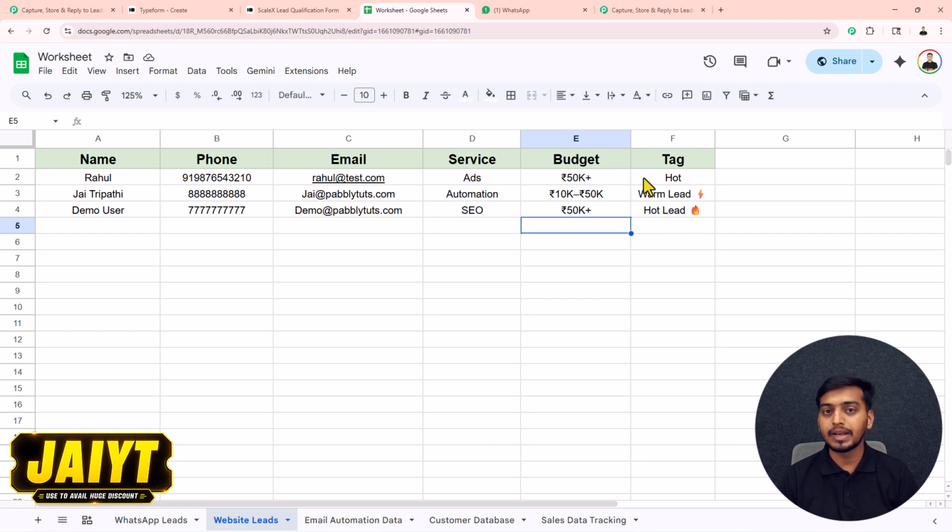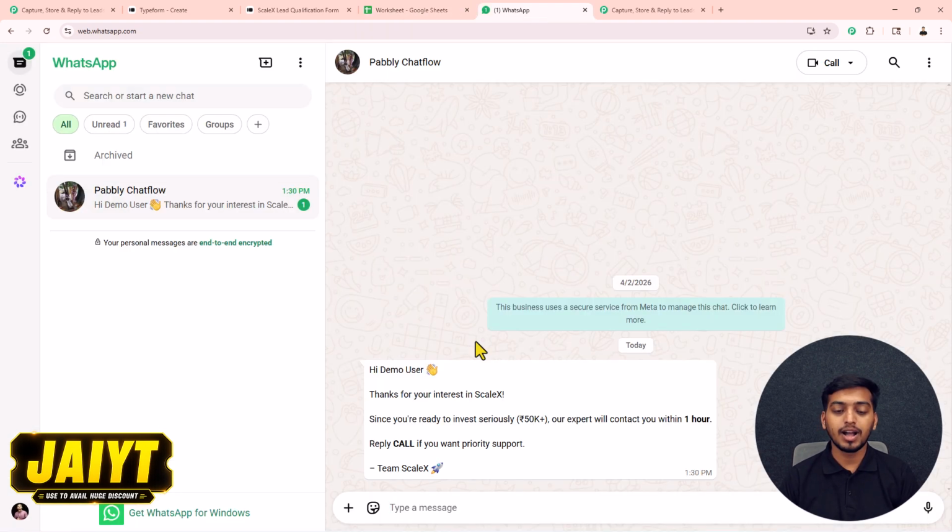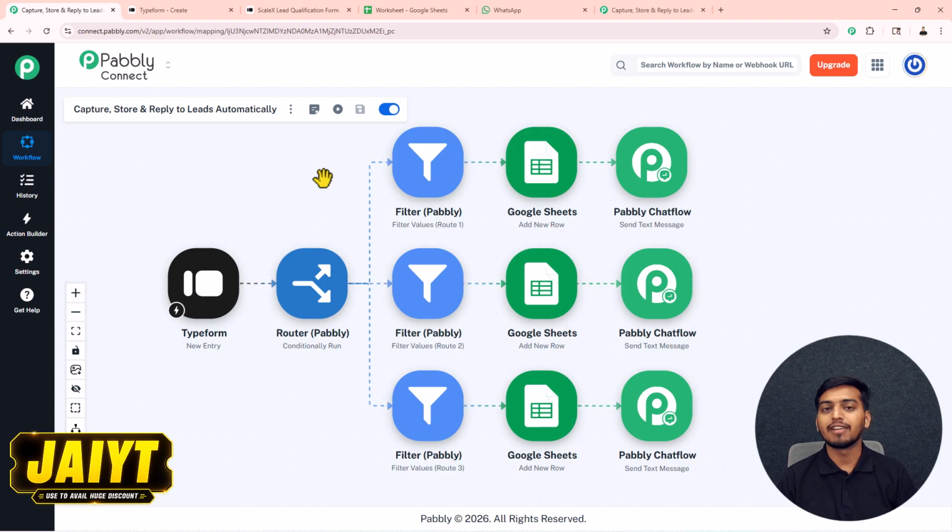Now next what will happen, instantly inside my WhatsApp account, you can see I have successfully received this welcome message. Hi demo user, thanks for your interest in ScaleX. Since you are ready to invest seriously 50,000 plus, our expert will contact you within 1 hour. Reply call if you want priority support, team ScaleX. So this is the message that I have received with the help of this workflow that I have created inside